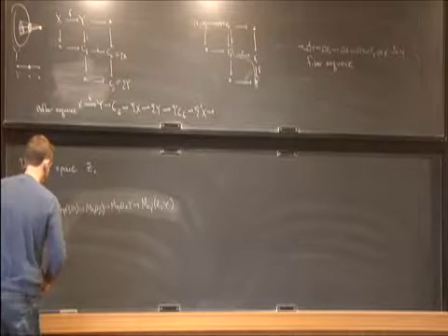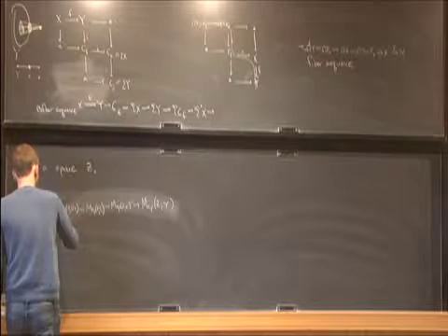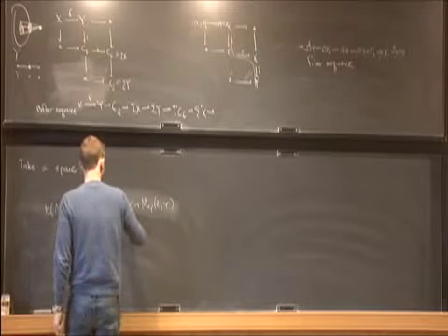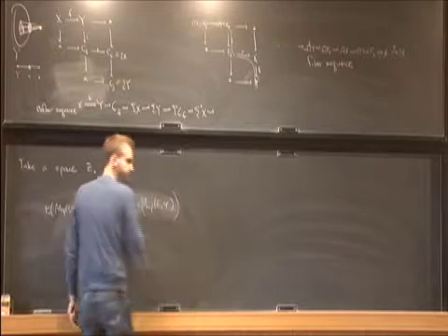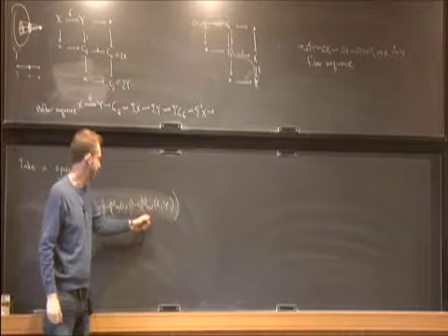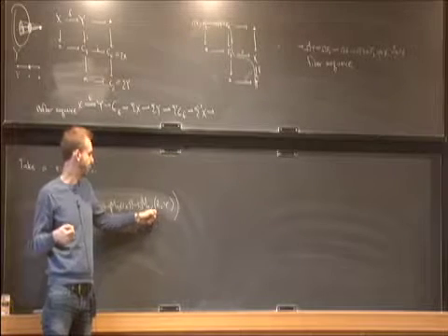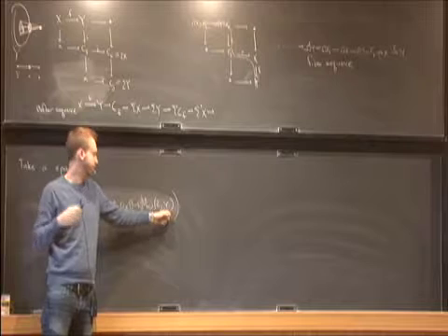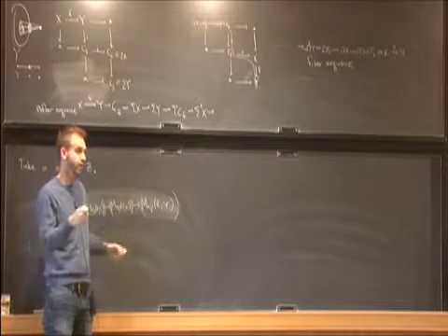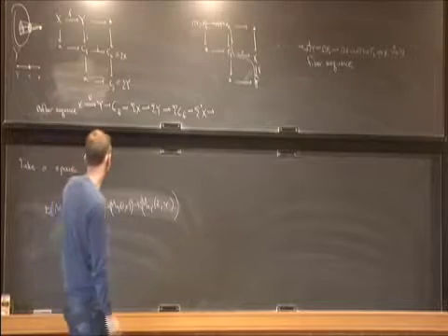Now what I want to do is I'm going to give an argument. So what I can do is now I want to truncate these maps. So in other words, I want to just look at the connected components of these maps. Okay, so I look at this sequence, and then I take tau naught, which is like saying homotopy classes of maps, right? Two maps from Z to Y are homotopic to each other if and only if they're in the same component in this mapping space. So if I look at the set of connected components, I'm looking at the set of homotopy classes of maps, right? So I truncate down to a zero set. And what's the point of this?